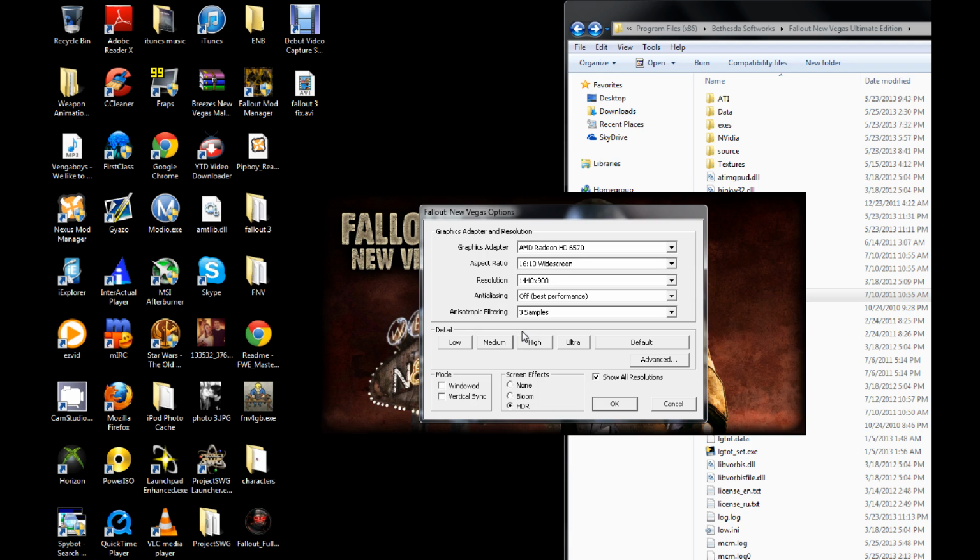It just disables the lights, and what I mean by lights is in Goodsprings and on the strip at night. And I know this sounds weird, but some people don't like that. But if you don't really care about that, turn it off. It's not really necessary, and it will increase your game performance a lot because it's not putting that much strain on your game. Another quick tweak is to disable